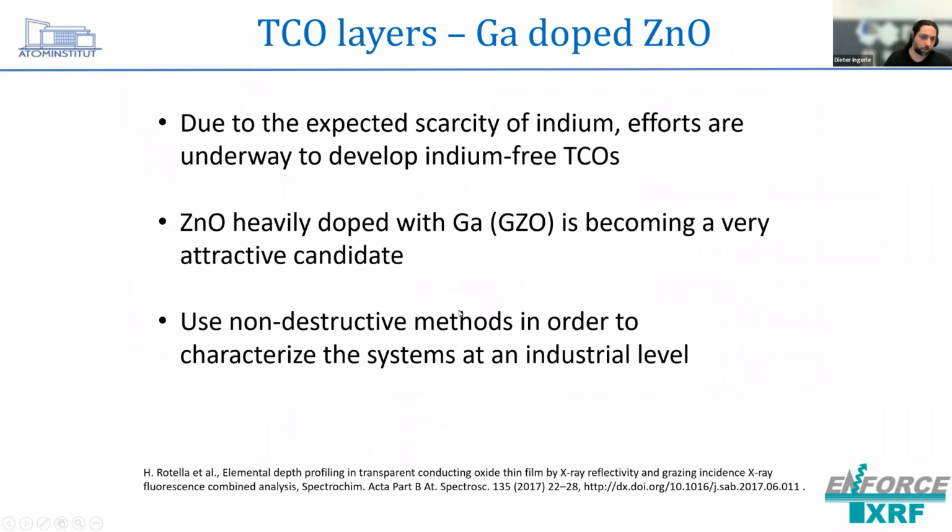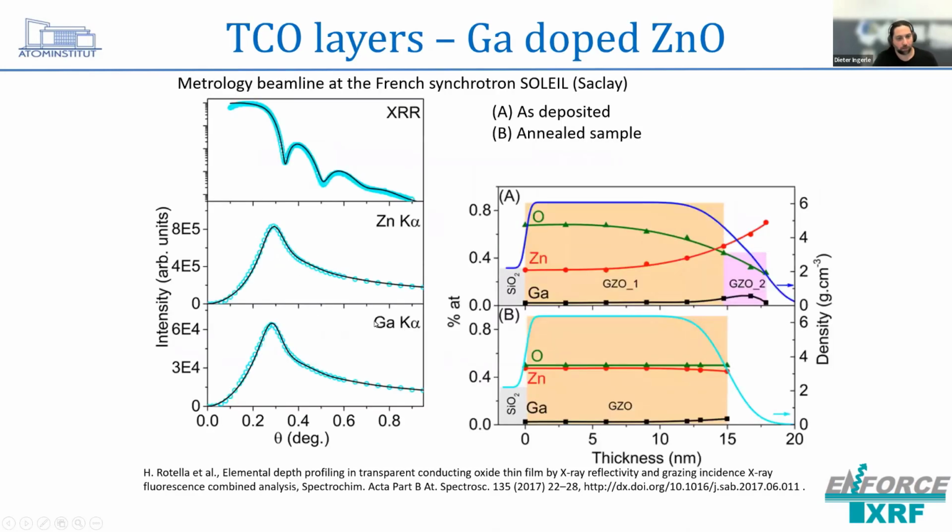Yeah, and a step further, the next part of this cooperation with data was the investigation of some indium-free TCOs. In this case, it was zinc oxide doped with gallium. And again, the question was: how does the annealing influence the sample? In this case, the annealing was actually helpful because,